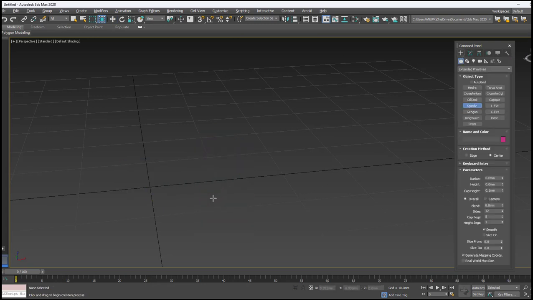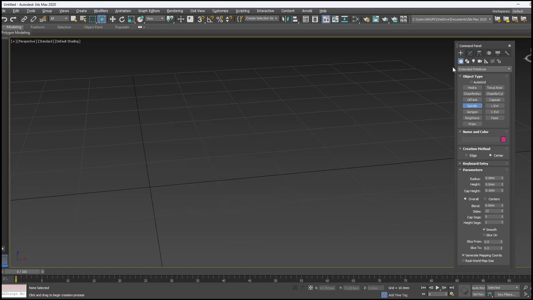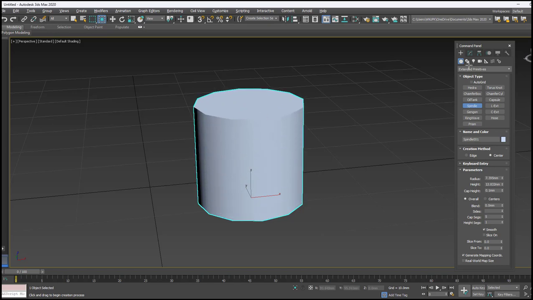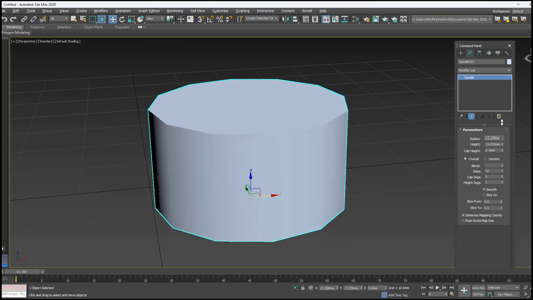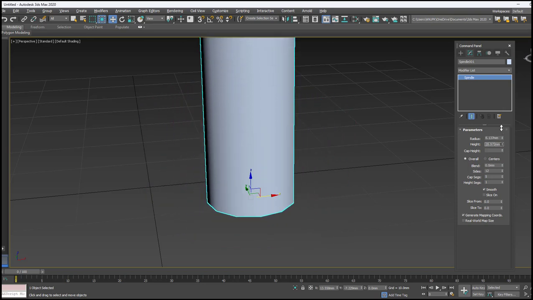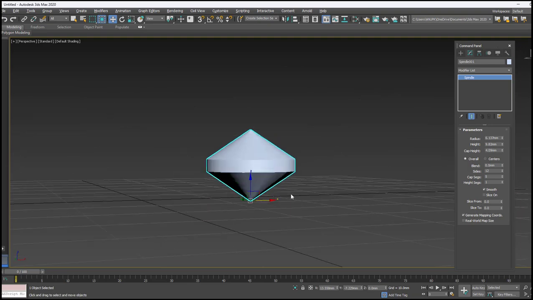Next is spindle: center, radius and then height. Modify, change the parameters depending on the requirement. Cap height like this.